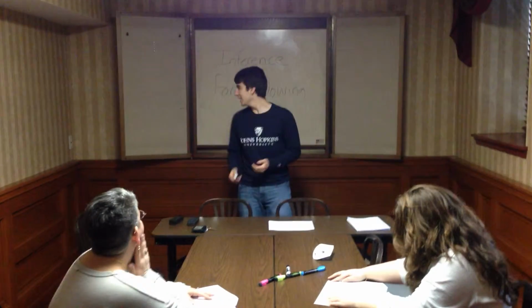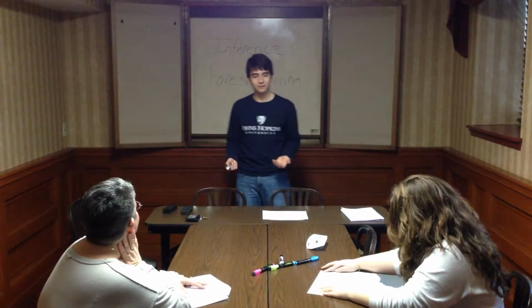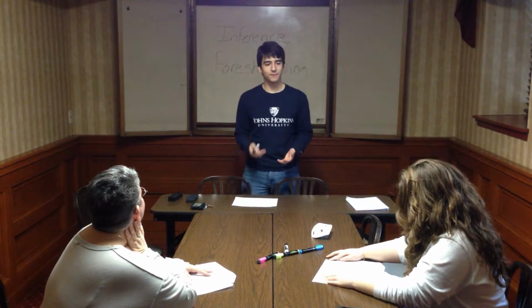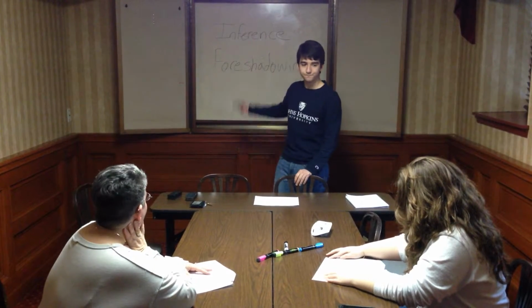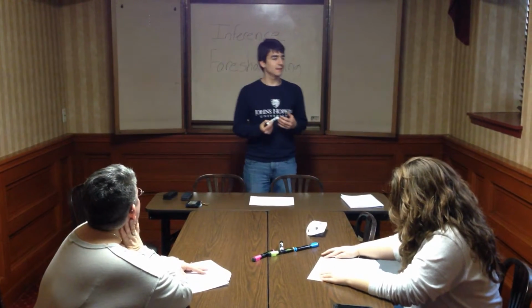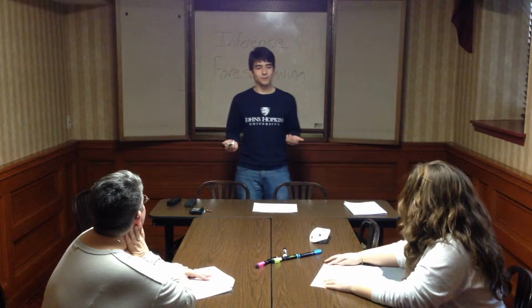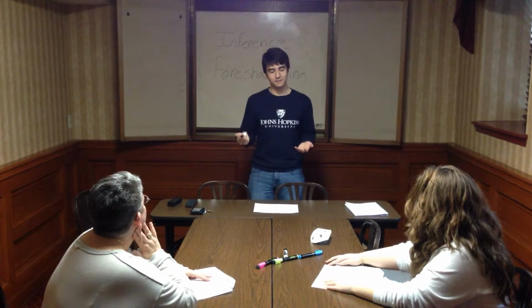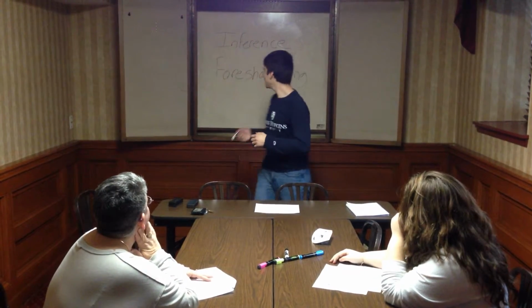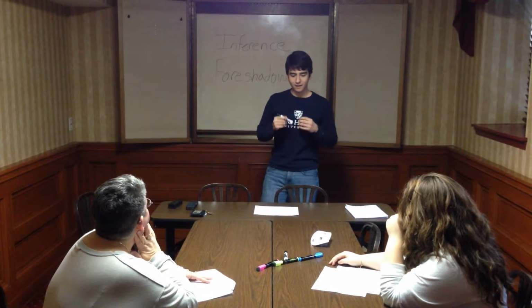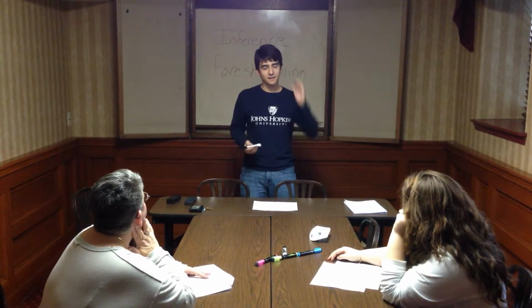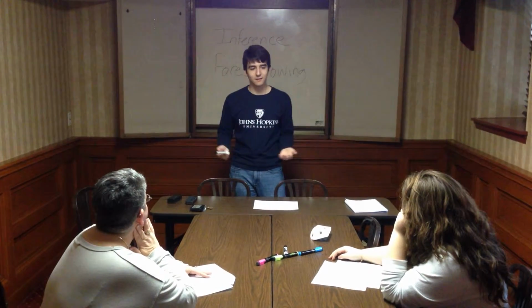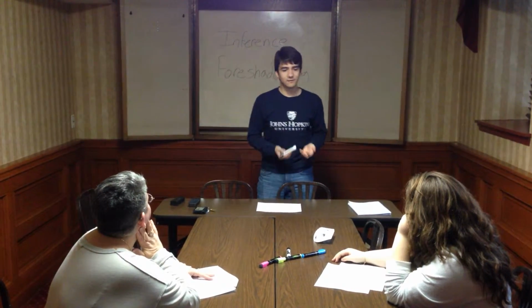Hi class, we're reading Animal Farm by George Orwell, as we know, and today I'm going to teach you how to make an inference based on text and identify an author's use of foreshadowing. An inference is making a logical conclusion about what's going to happen or what happened based on data. And foreshadowing is the author's use of putting clues in a text to get people to sort of predict what's going to happen next, to sort of signal what's going to happen next.